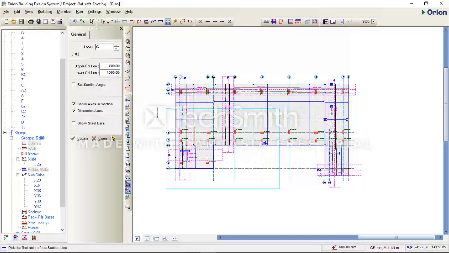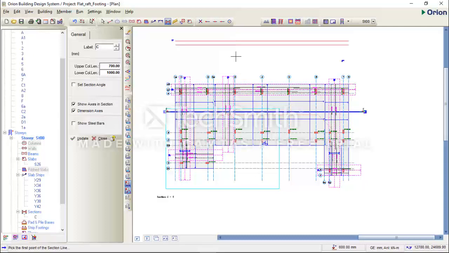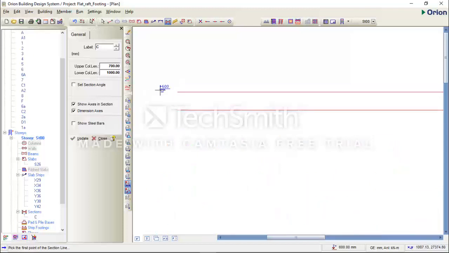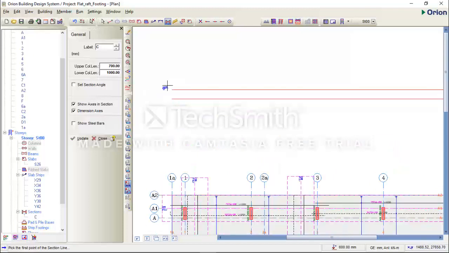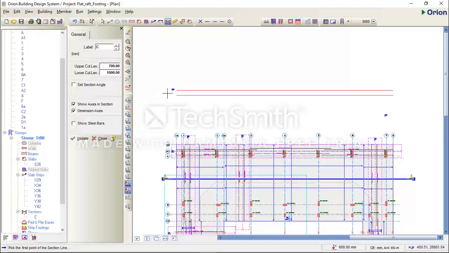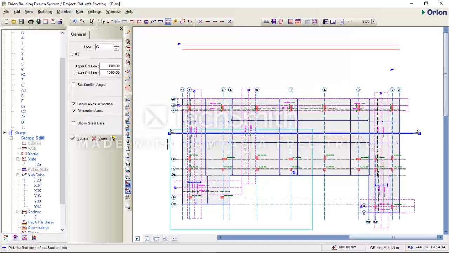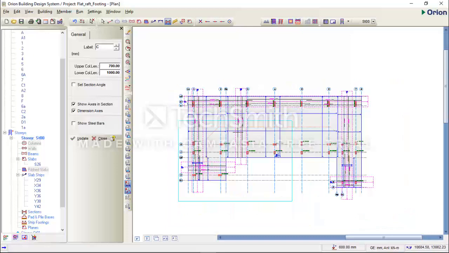I'll cut a section in the horizontal direction. I'll place it here. This is what shows. It's actually correct, but it's not closed at the side. And the elevation is not correct, plus 600. This plus 600 is at the ground level. The elevation is not correct. So I'll just remove the section because Orion 18 did not get the information. It didn't depict the section well, and the elevation label is wrong. I'll just delete it.